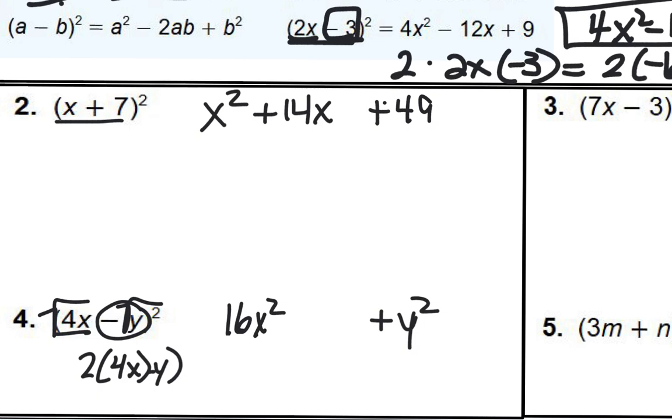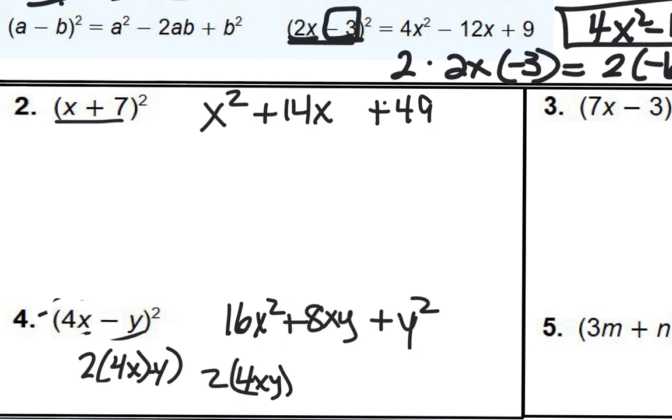And then take the first term, covering up some of this stuff, aren't I? Your first term times your second term, so that'd be 4xy, and then double it. So it's plus 8x. Now, did you notice something? I wanted to see if you did. What happened there? Isn't this the same thing as negative 1y? So this should be